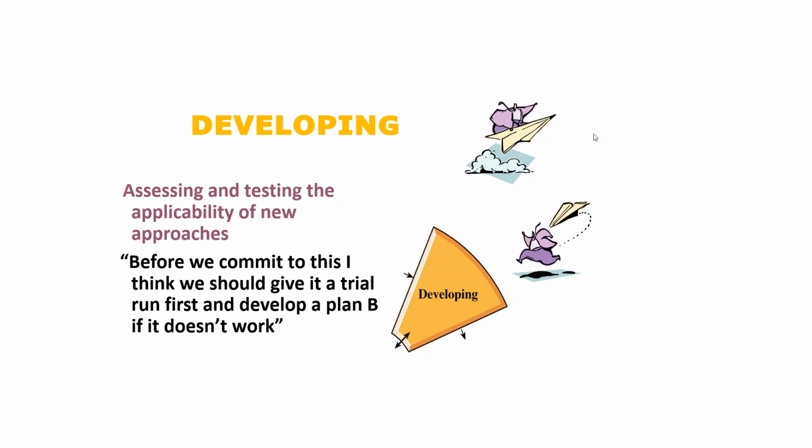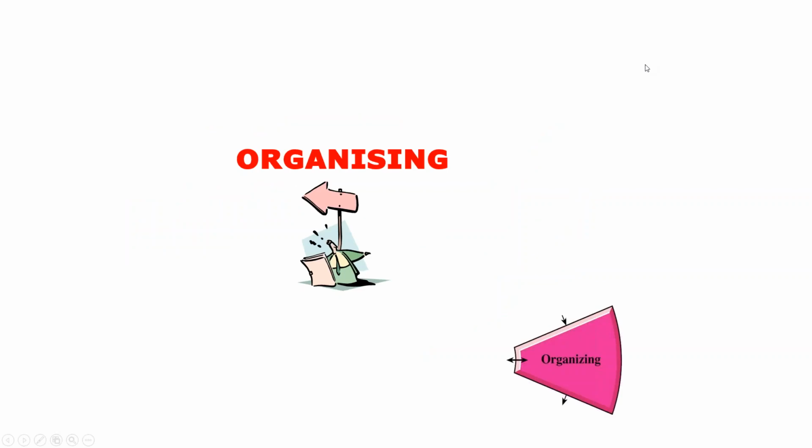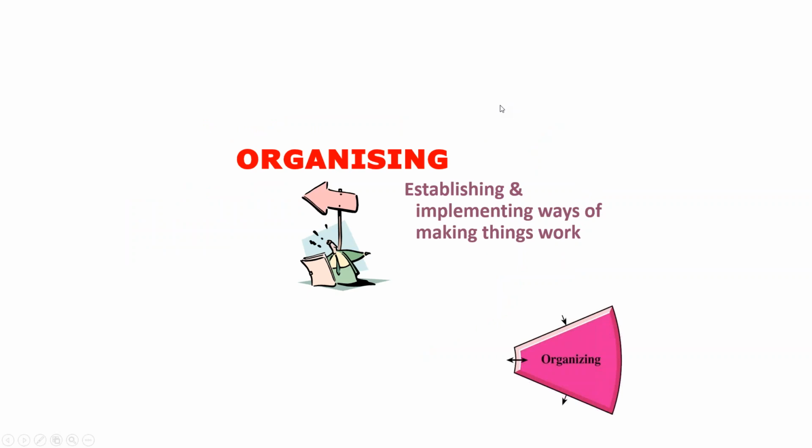Now, once that's been done, of course, and we've got some plans in place for that, the next step is that we've got to start now organising how we may go about achieving success. Now, people who like to organise have a tendency to establish and implement ways of making things work. So there is a tendency there to start to organise things. Now, there's a difference here. They're not really interested in producing results. They're more interested in actually organising and establishing how those results will be